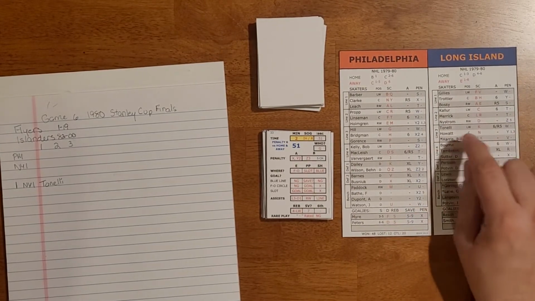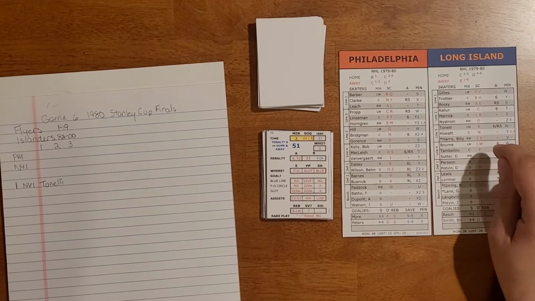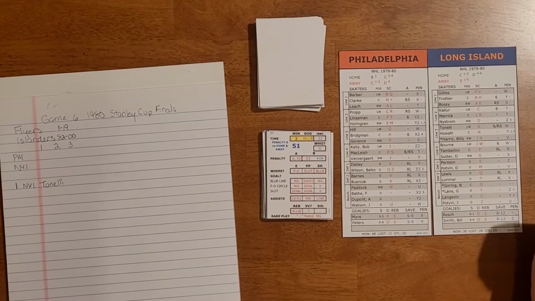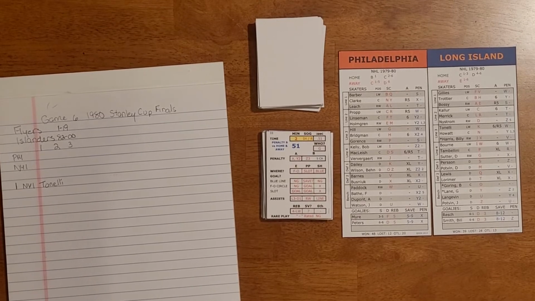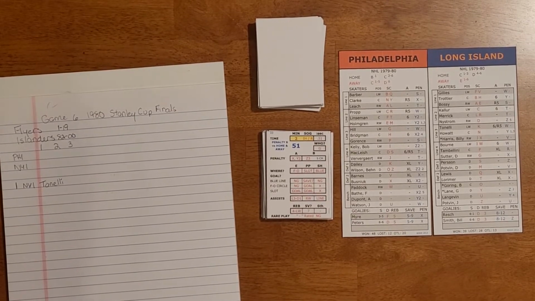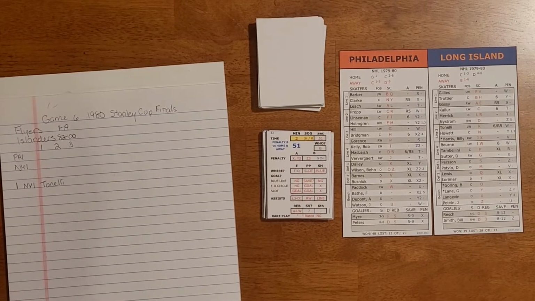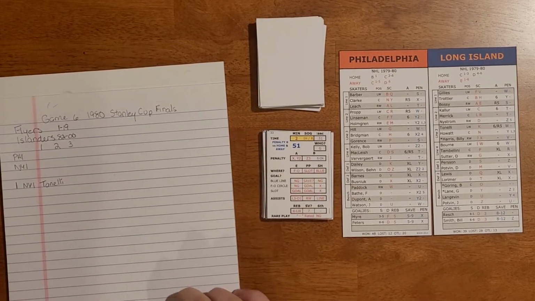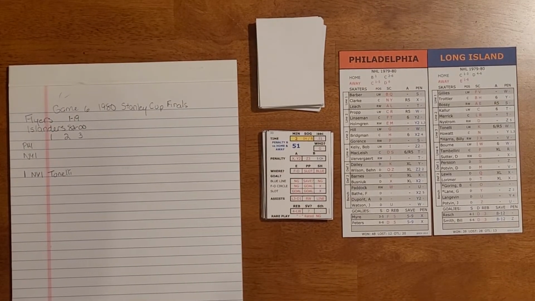So Tonelli is on line 3. So his line mates are Howitt and Harris. Harris wasn't on the team during the playoffs. He had been traded for Butch Goring. So I'm actually just going to swap him out for Goring, even though Goring wasn't on that line with Howitt and Tonelli. It's easier, and for the sake of just the game, I'm just going to do it that way. This is just kind of an example, really. So